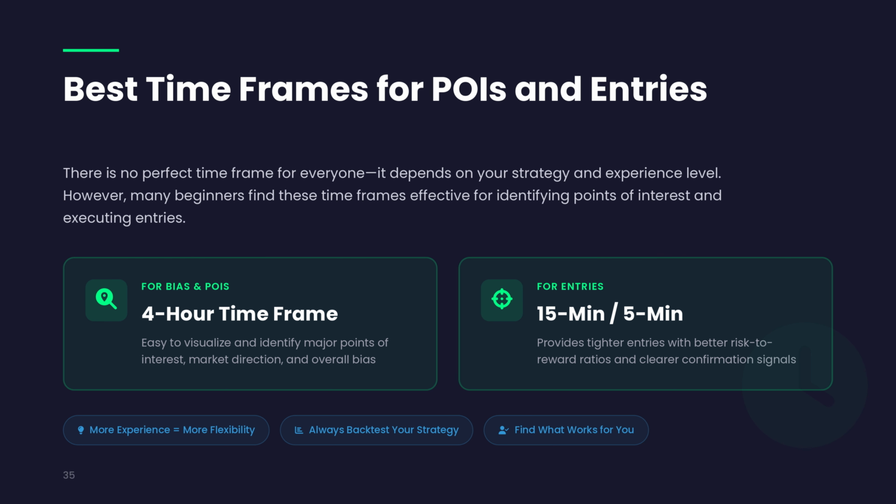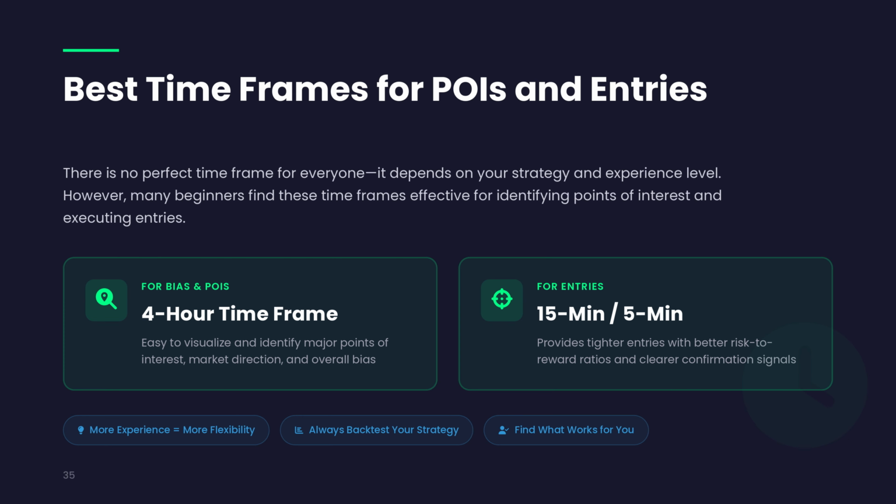It's rather like asking whether a hammer or a screwdriver is the better tool. Well, it depends entirely on what you're trying to build, doesn't it? Similarly, the optimal time frame depends on your trading style, your schedule, your personality, and your experience level. However, and this is helpful, I can give you some guidance based on what I've observed works well for different